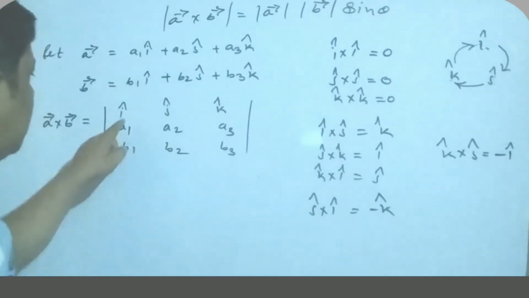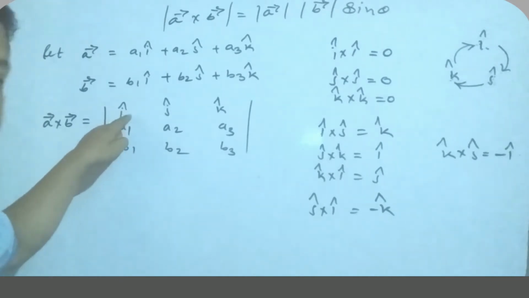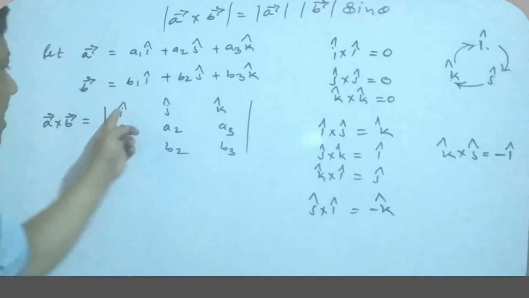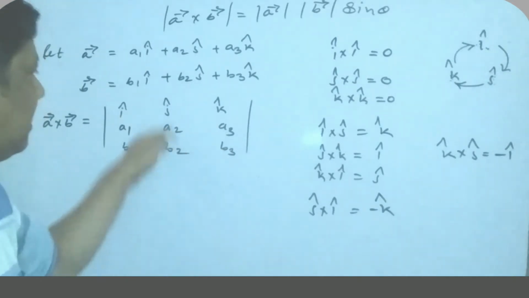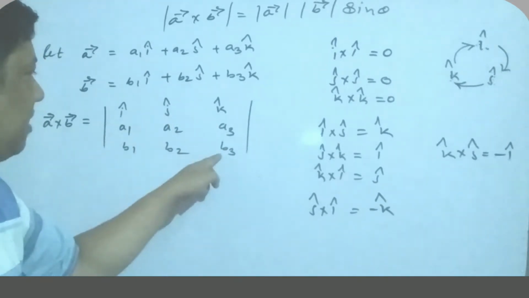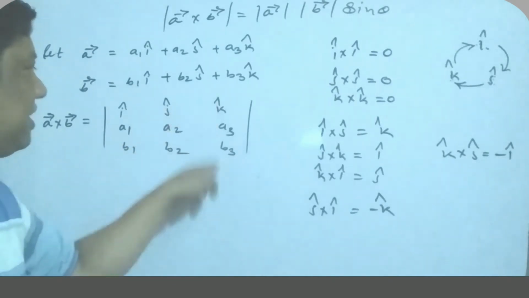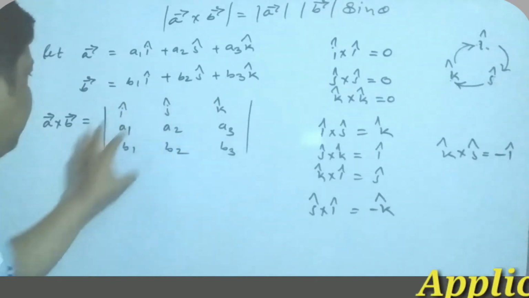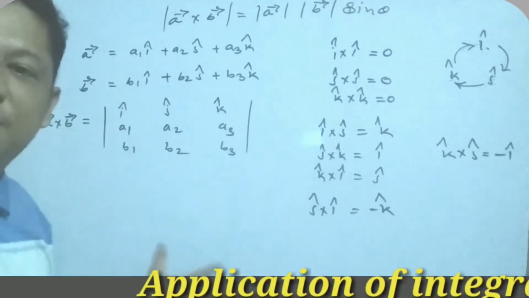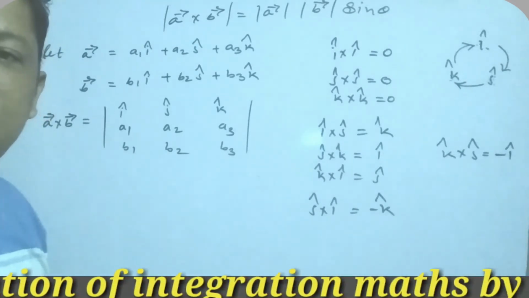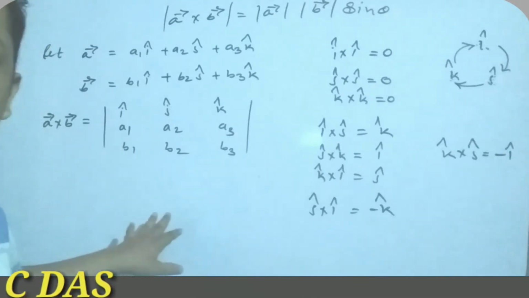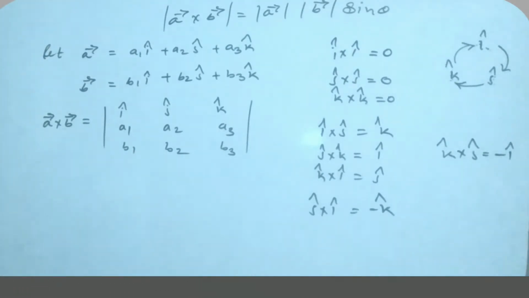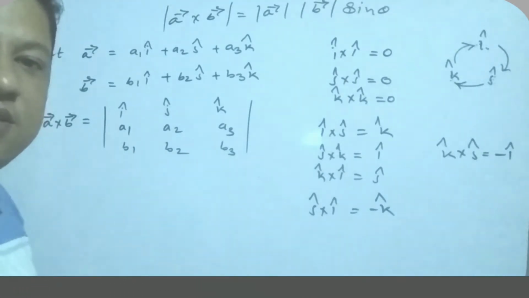Suppose if you want to find the expansion of this first, then this line and this line cancel. This number you have to do by cross multiplication. Again for this one, this line multiply. Again for this line and this line cancel, and the remaining portions. That means you have to just expand the determinant like in the previous lesson. So like this, you have to just expand the determinant and you get the answer.